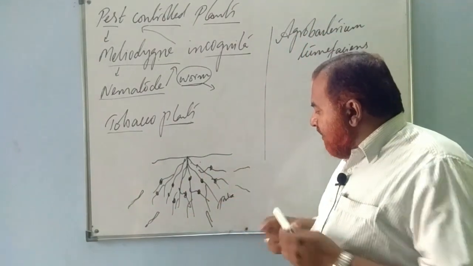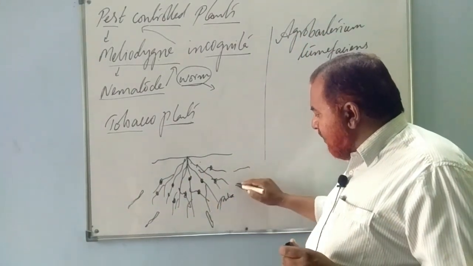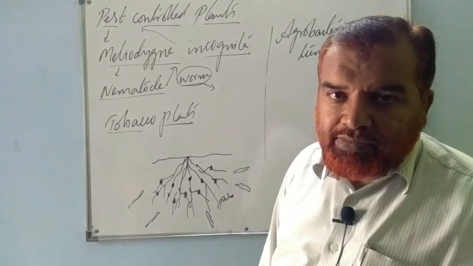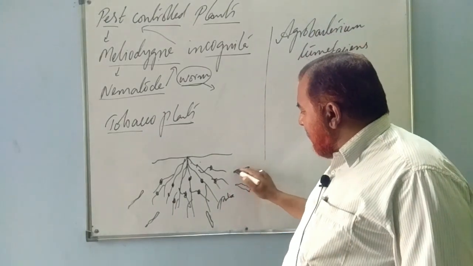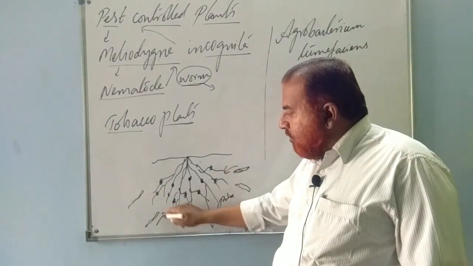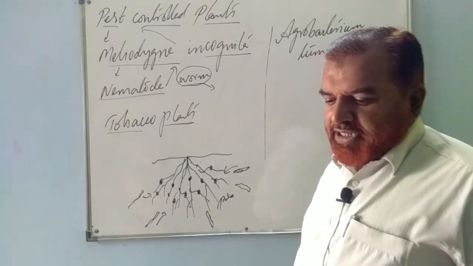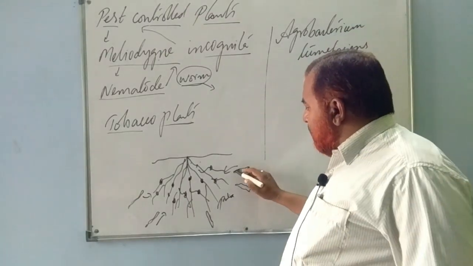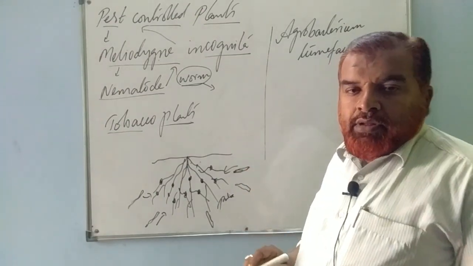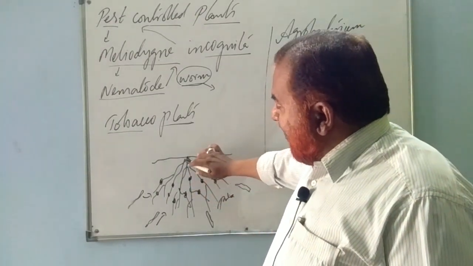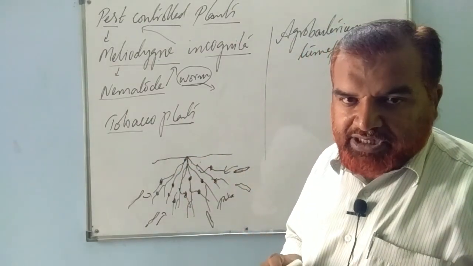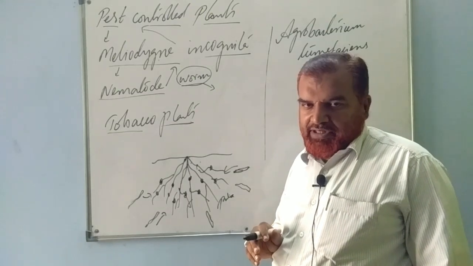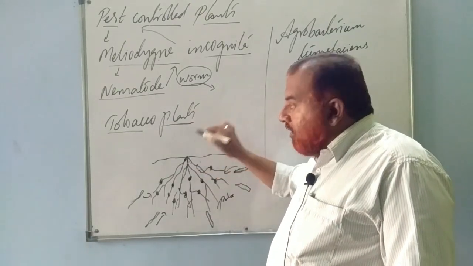These worms will be found in the soil surrounding the root. Because of the secretion of that protein, these worms get attracted to roots and they harm the roots by settling onto them. So they damage the roots. Once the roots are damaged, the whole plant will get damaged. Right? So to control this,